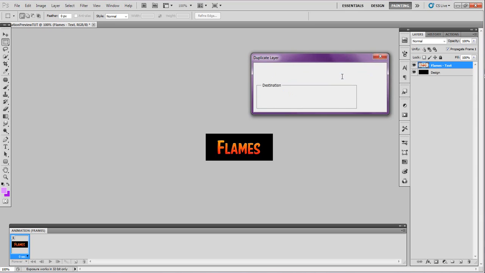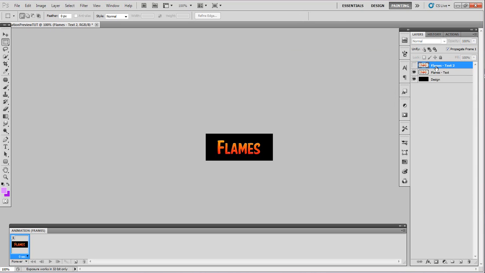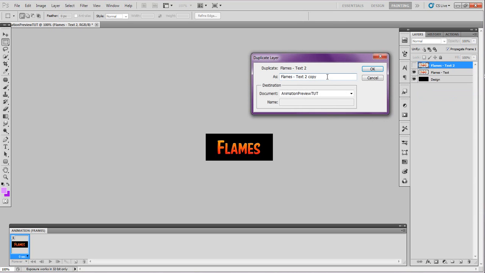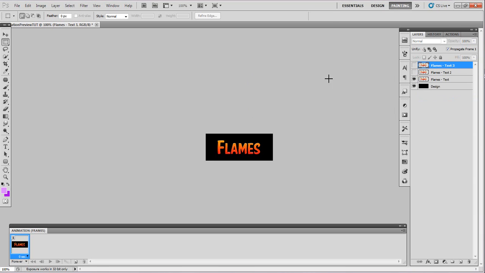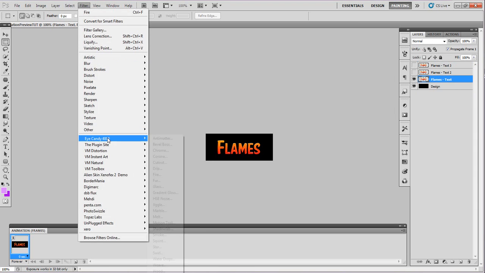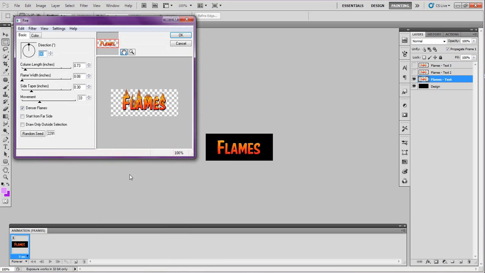So I have the original, and I'm going to put that on the eye, and then I'll come back over here, and here's my third. And then I'm going to come back down to the original, go over to the filter, iCandy, click on the fire setting, and just kind of play around with whatever flames I like the most. And then once I'm satisfied with the flames,